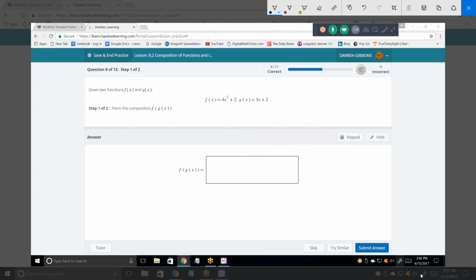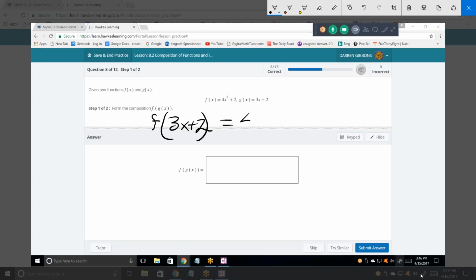So first of all, what's f of g of x? Finally, they're using notation that I like better. In other words, they didn't use that silly f circle g, but they wrote it out the way they should have the first time, f of g of x. So what's the next thing I should write? 3x plus 2. Okay. What's the next thing I should write? So it would be